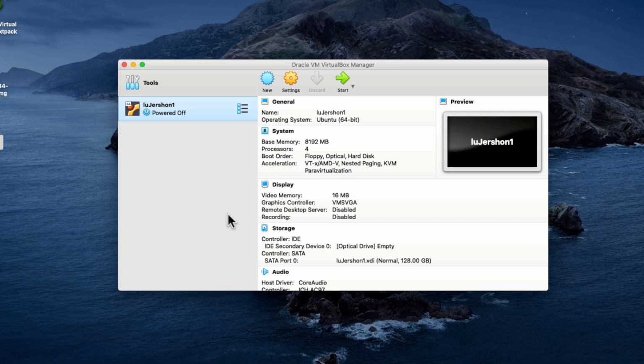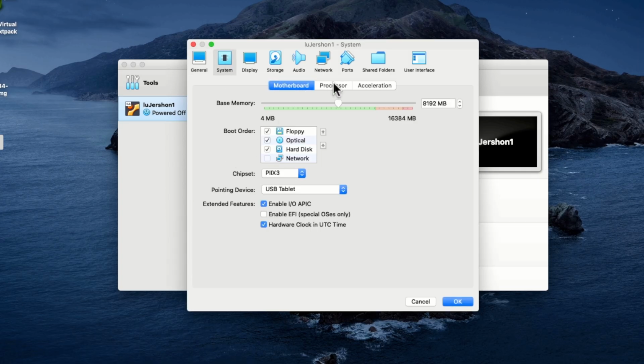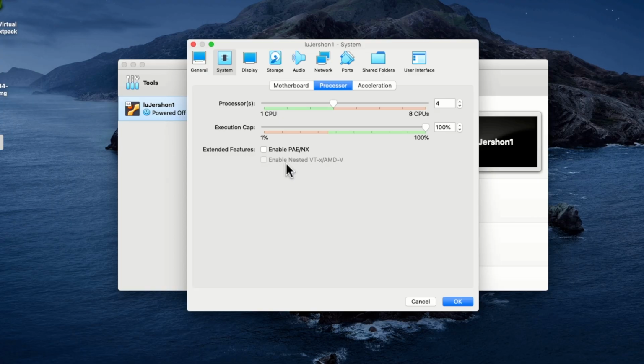Okay, now that said, if you want to enable virtualization inside of a virtual machine, in what's called nested virtualization, it should be as simple as making sure your VM is off, which it is, clicking on Settings, clicking on System, clicking on Processor, and checking nested virtualization. But you see, it's grayed out. Can't do it. And so what you want to do in that case is,